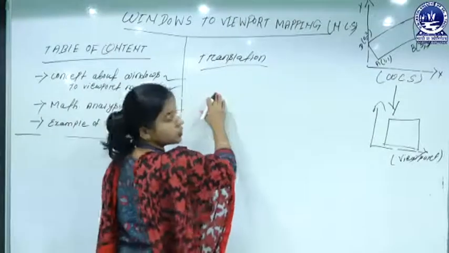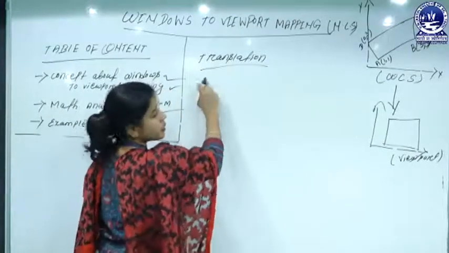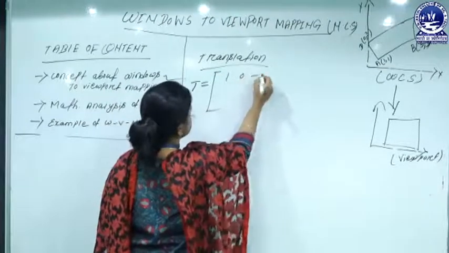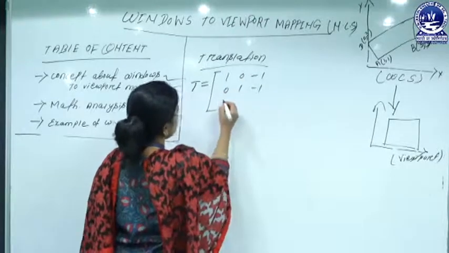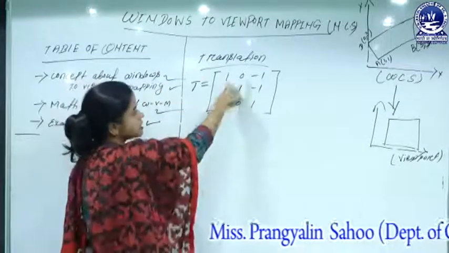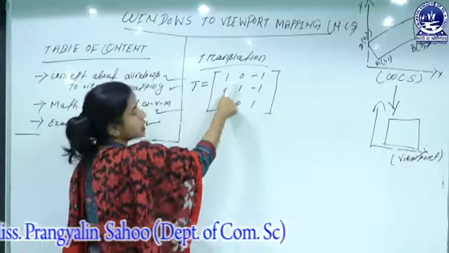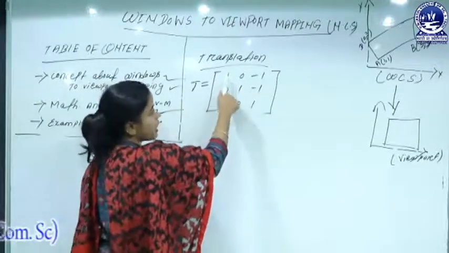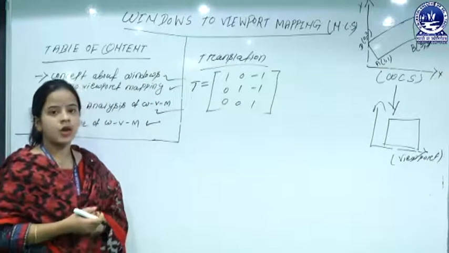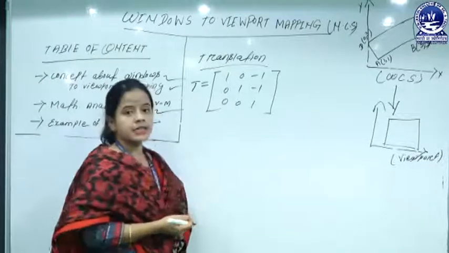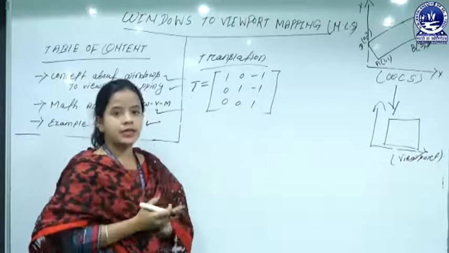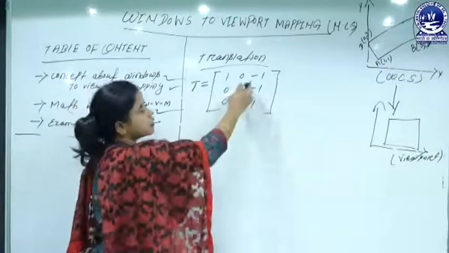Okay. So here, whenever we convert the world coordinate system by using the translation mechanism, the translation matrix is 1 0 minus 1, 0 1 minus 1, and 0 0 1. That means, as we know, the translation matrix in case of a 2D coordinate system is 1 0 tx, 0 1 ty, so the value x becomes x plus tx. But here I have to take minus tx. Why do I take minus tx? Because we have to find the relative pixel points of the realistic image. So we take minus 1.